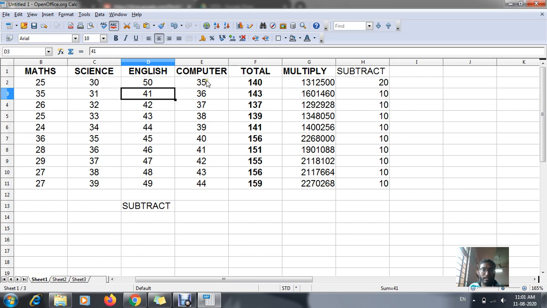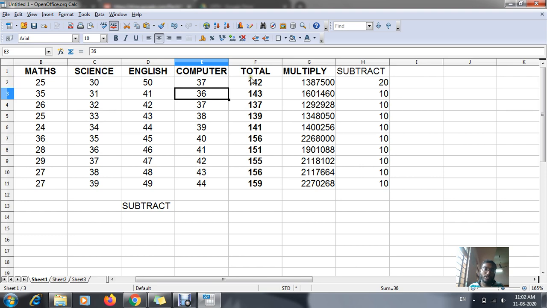Suppose I have a correction, that means suppose any student is getting 37 marks in computer, but due to my mistake I have given him 35 marks. I just have to enter 37 and give the enter button, and you can see the total has been changed.